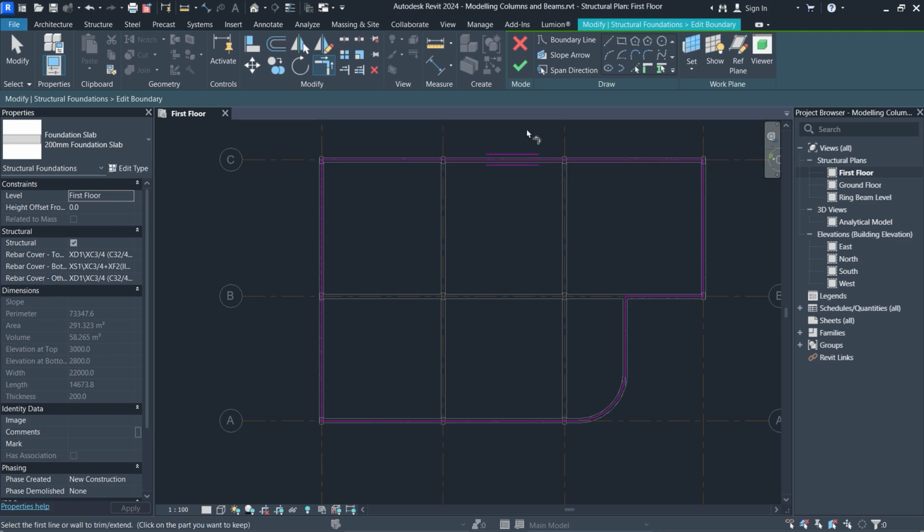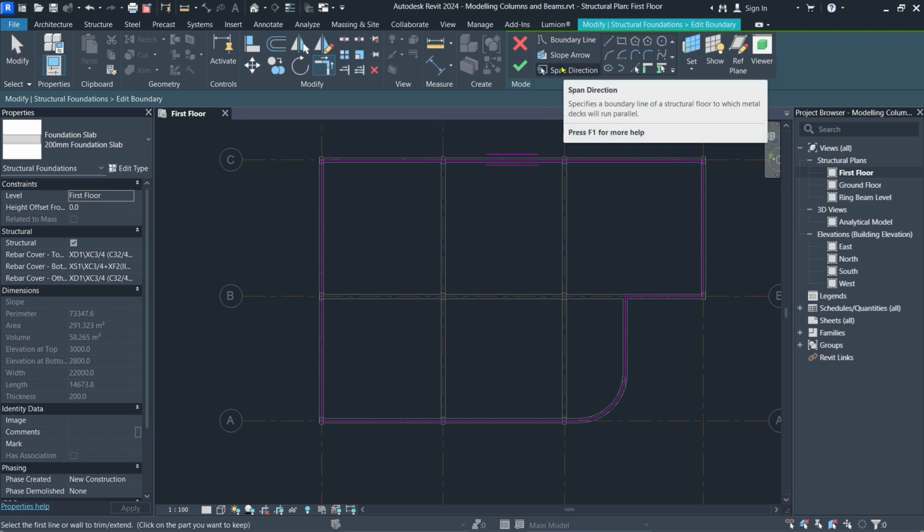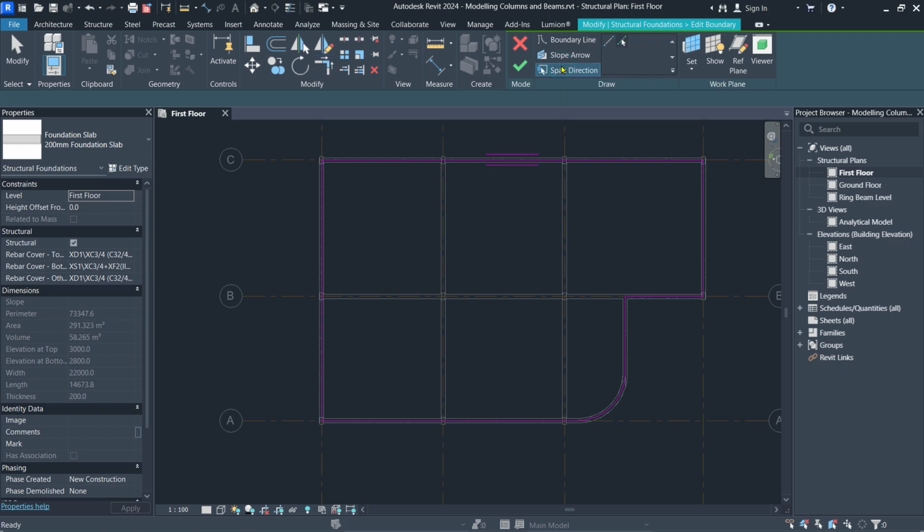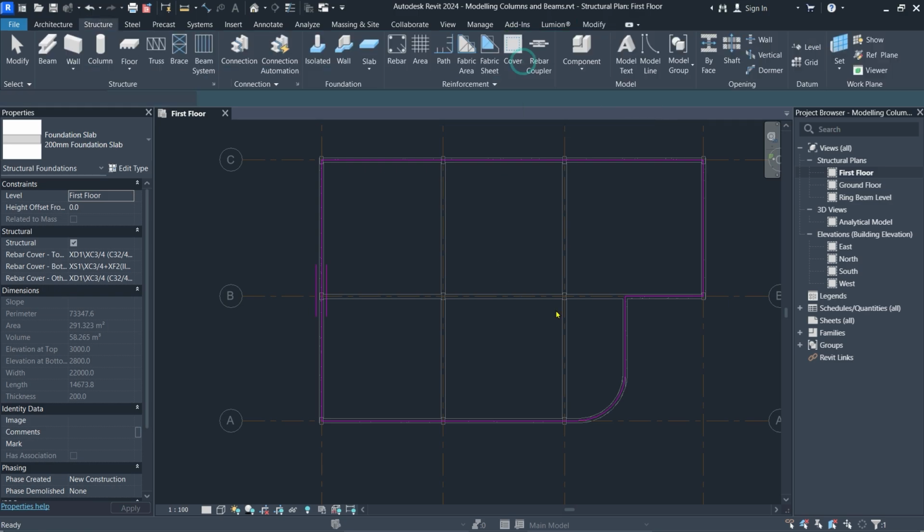But how do you change the span direction? You come here and click span direction, then click the edge where you want the slab to span, or the beam system, whichever. Let me say I want to click this edge. So these lines will move from here to this side. In other words, now spanning in this direction. That is it. Now press OK. So that's how you place